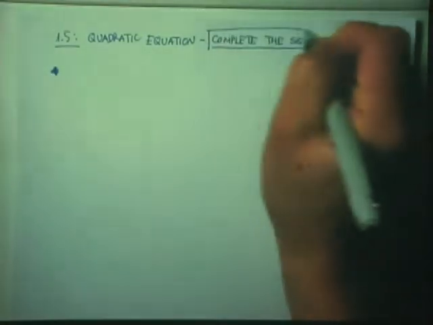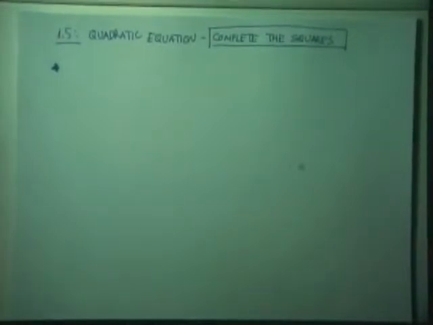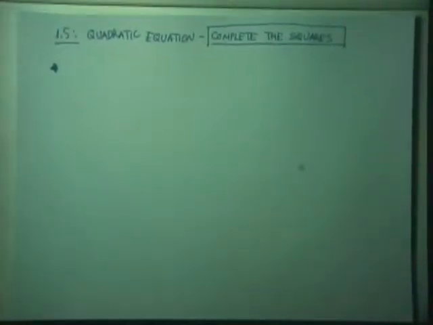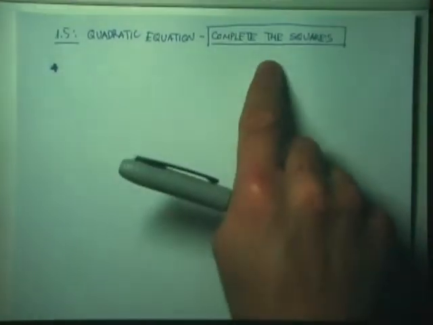Okay, so now let's look at how we can solve quadratic equations using a new method called completing the square. So here's the title of the method: complete the square. Now this method, I have to tell you, is just one of the sub methods that we produce from the square root property, and you're going to see why I'm calling it a sub method of the square root property. However, you can use this one quite